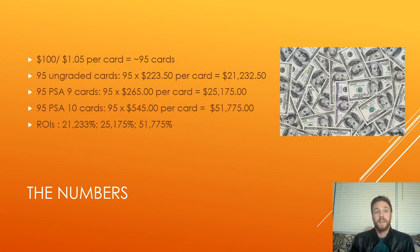So again, very unlikely, but if you submitted 95 cards and you got 95 PSA 10s back, then you would be sitting on about $51,775. Just for those of us that like the ROI numbers, in the order that the values are listed, you'd be looking at around a